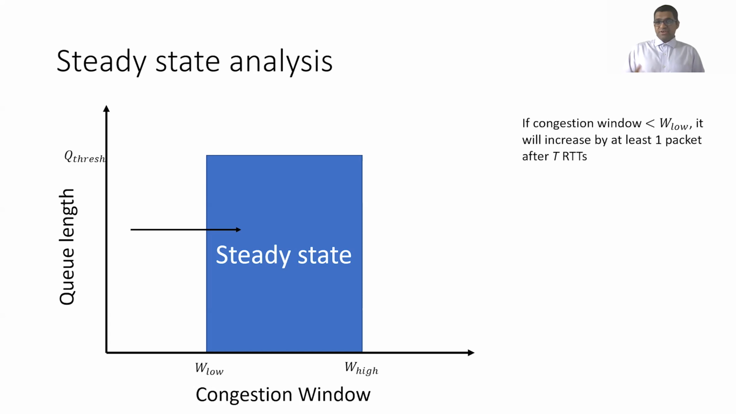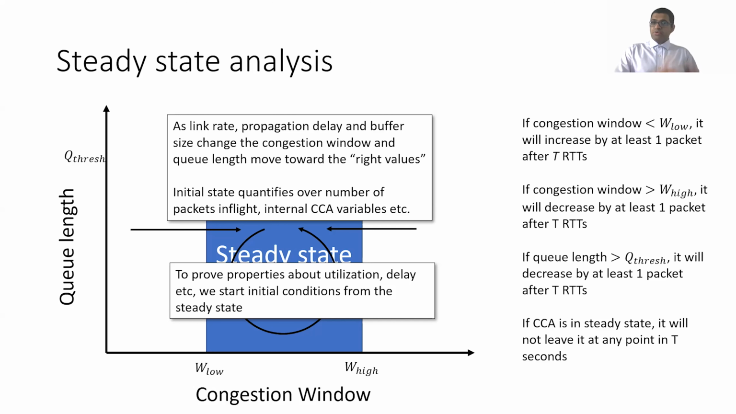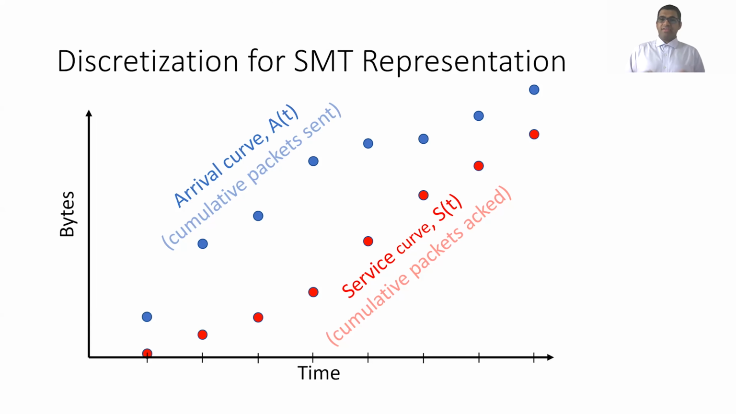And then once we have the steady state, we can prove properties about things like utilization and delay, where we prove a theorem that says, suppose the network starts within the steady state, then what is the minimum possible utilization? This is how we proved earlier that COPA will get at least 50% utilization in a restricted network model. Now we talk about how we represent the network model in a manner that an SMT solver can reason about